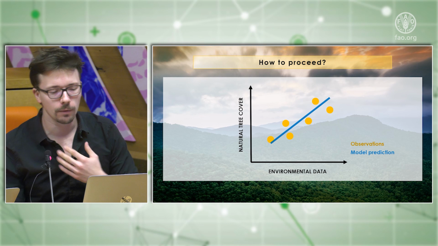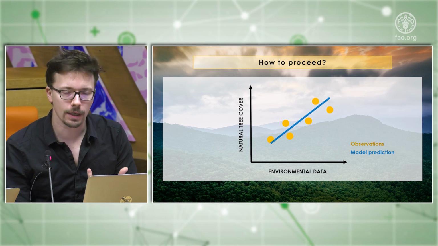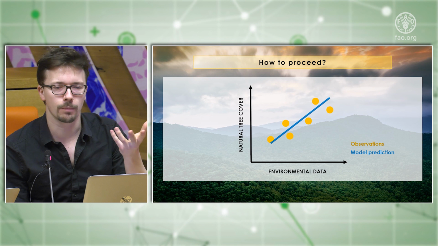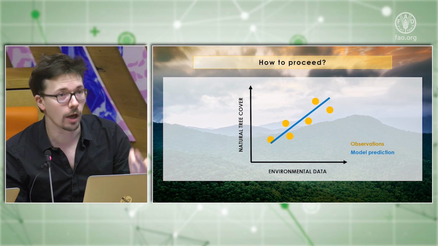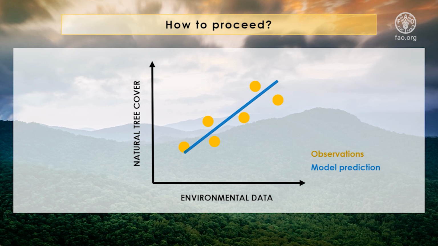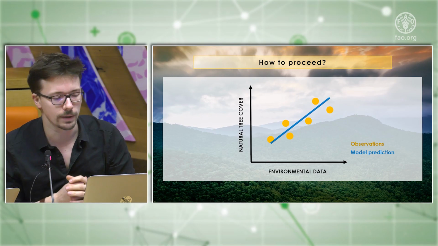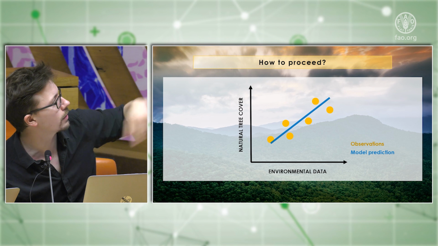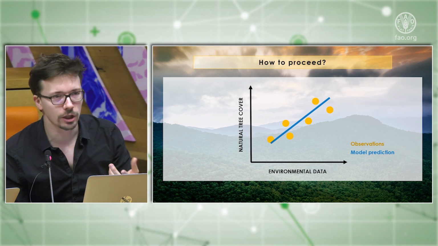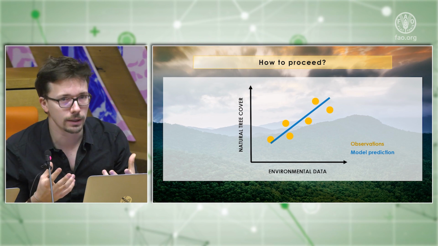So in order to do this, basically what we needed to do is to understand what tree cover we can expect in any kind of environment. So considering precipitation, temperature, soil type, topography, what tree cover can we expect? So we needed to build a model based on observation of tree cover under natural conditions related to precipitation, temperature, etc. Those are the orange dots that you can see on the graph here. And from that relationship, we can build a model in order to extrapolate that relationship between natural tree cover and climate and soil data outside those natural environments.